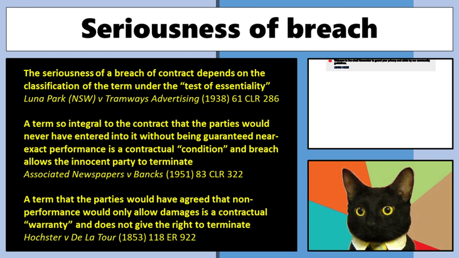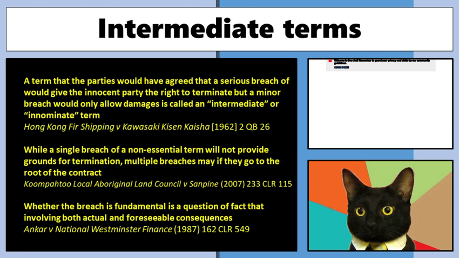All right. So in some situations, though, we've got this clear division between warranties, where you only get dollars, and conditions, where you get dollars as well as this right to terminate the contract. There are some things in between, and we call those intermediate terms, where a little breach is going to just be considered a warranty, and a massive breach is going to be considered a breach of a condition. And the classic example of this is time. Delivering goods 3 minutes late, sure, strictly speaking, that's a breach of contract.